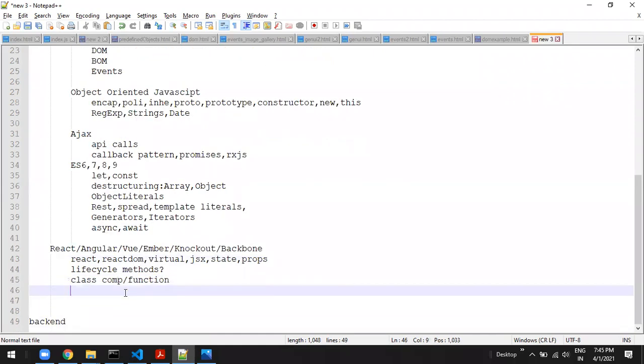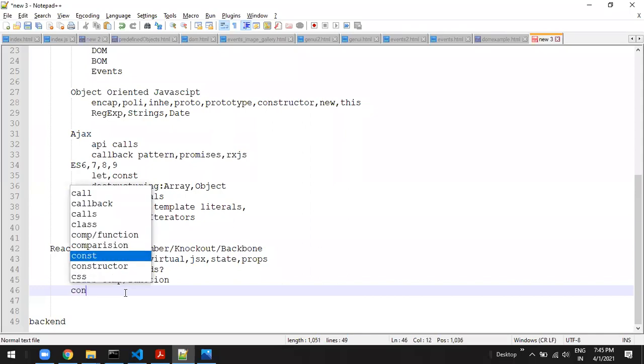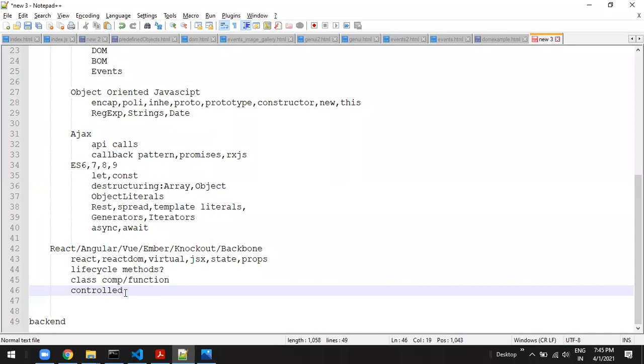After this we are going to discuss class components, functional components. Yeah, this is called controlled components. What is uncontrolled and controlled component? In this you will understand what ref is all about, what ref is doing, what the controlled way of doing the component is, what the state is.